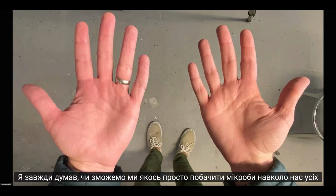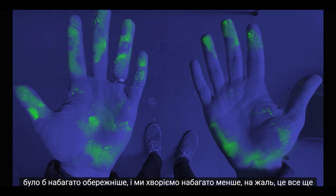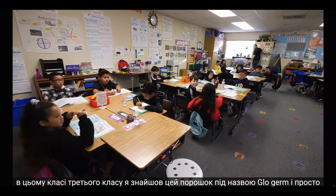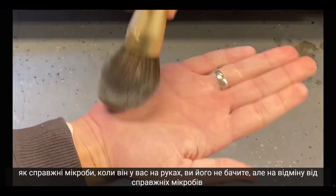I always thought if we could somehow just see the germs around us, everyone would be a lot more careful and we'd get sick way less. Unfortunately, that's still not possible, so I did the next best thing by running a day-long experiment in this 3rd grade classroom. I found this powder called Glow Germ, and just like real germs, when it's on your hands, you